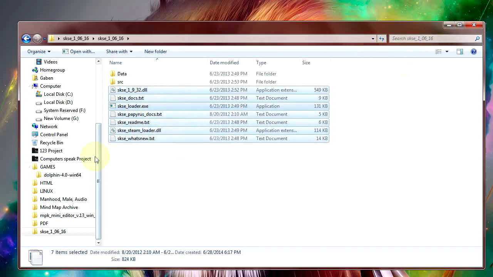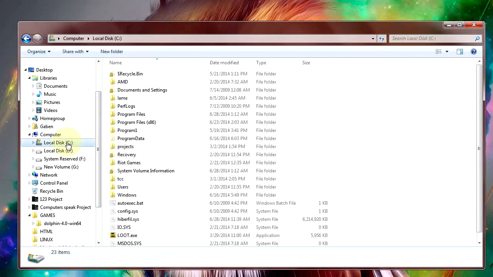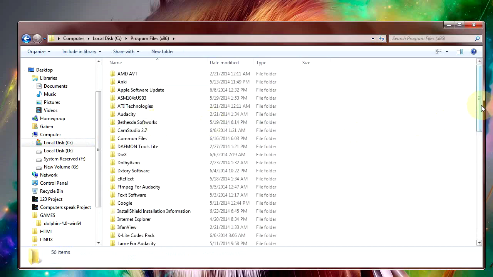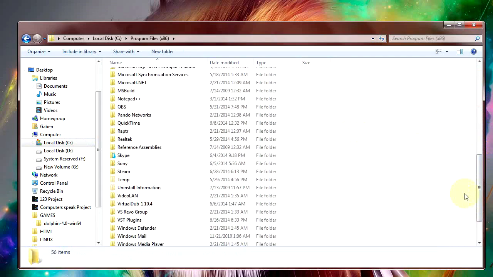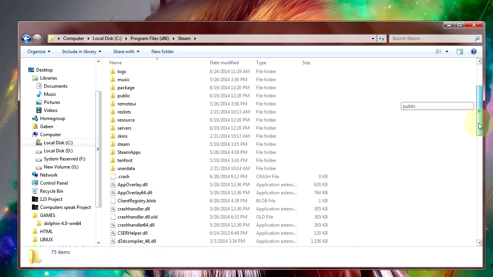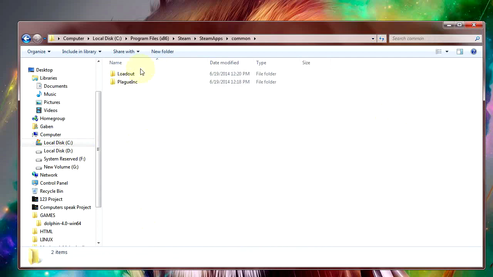And what we're going to do is we're going to place them in our installation of Skyrim. If you have Steam, and you didn't change where the directory of your games are, I'll show you how to get there. So you go to local disk, you're going to then go to program files x86. You'll scroll all the way down to the S, because that's what Steam is, S. And then you'll go to Steam Apps, Common, and then this will be a list of